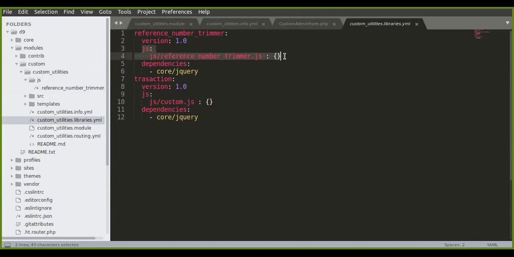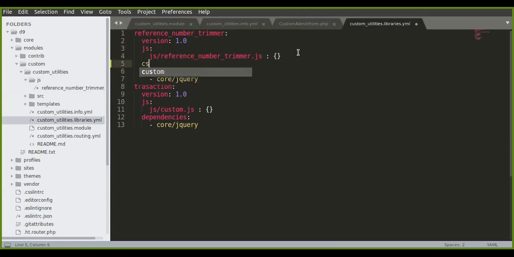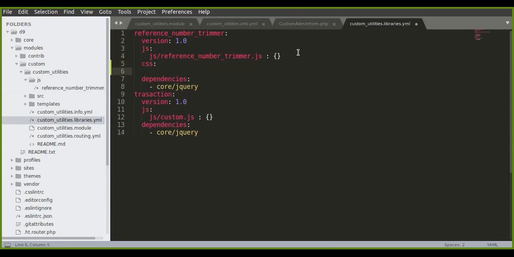This is the JS information. If you want to enable CSS, you can put it like this under CSS. Currently, I don't have any CSS; I'm just saying it for demo purposes. So this is how you can put your CSS also only for this module. If you have dependencies on any other libraries, that also you can put.